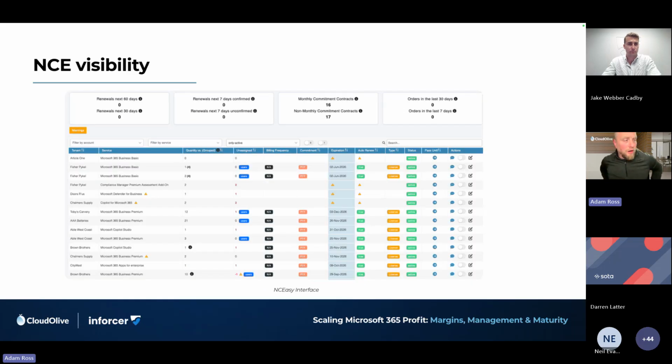So from a Microsoft visibility perspective, Enforcer do an incredible job in multi-tenant, with complete, deep depth around managing all the configurations. Where we spent our time was helping with NCE. This is NC Easy that we rolled out a number of years ago now, and the main problem was twofold. One is all the different billing commits and frequencies. To get that information at the moment, you often have to go into individual tenants. So this just consolidates everything into one place.